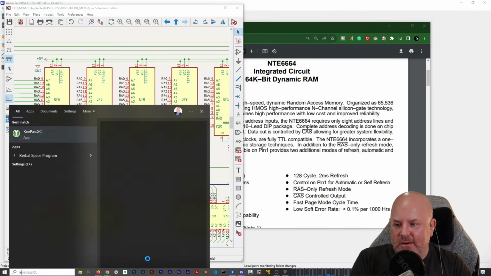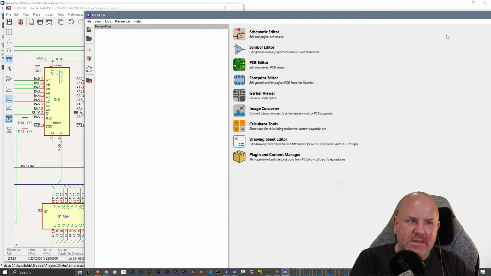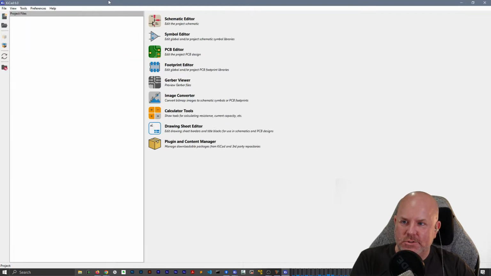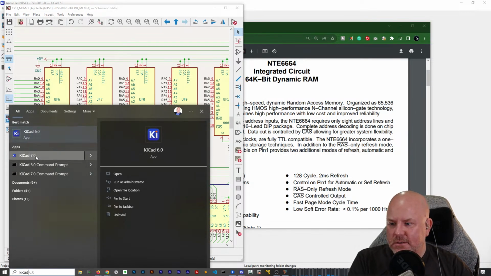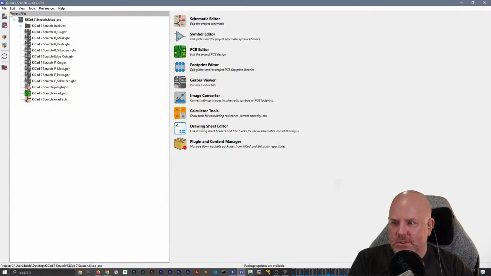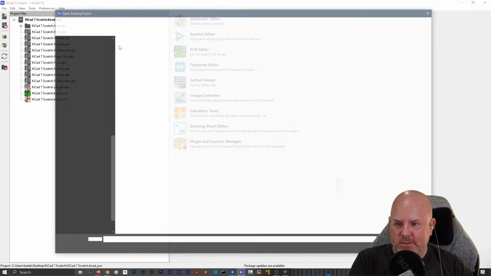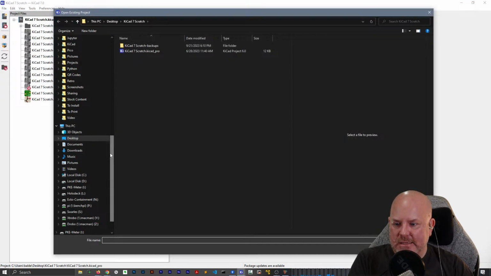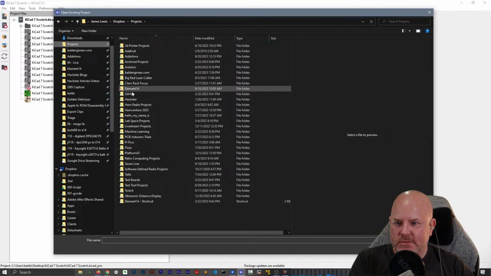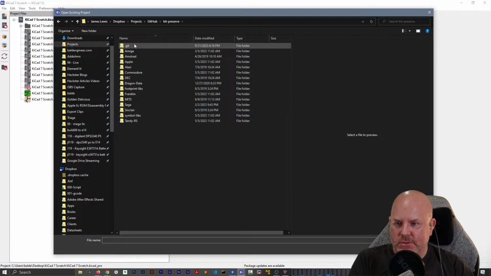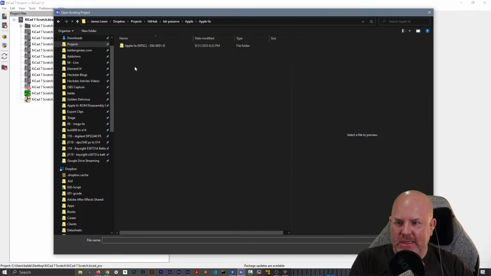Okay, so we're going to load that. Now I'm going to load a new... Oh, not KiCad 6. Heck no. Shoot. I didn't even know I still had that installed. I'm going to open up this one. Then we're going to open project, and we're going to go into projects, GitHub, preserve, Apple 2E,